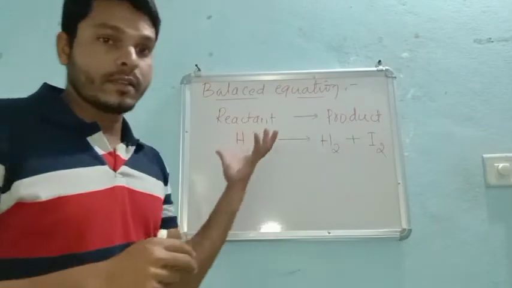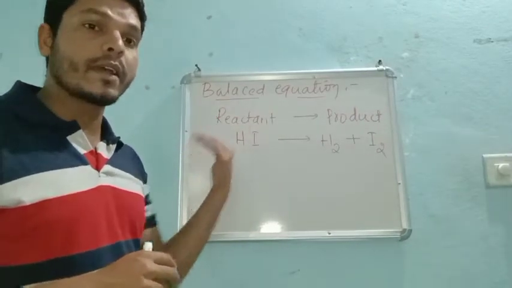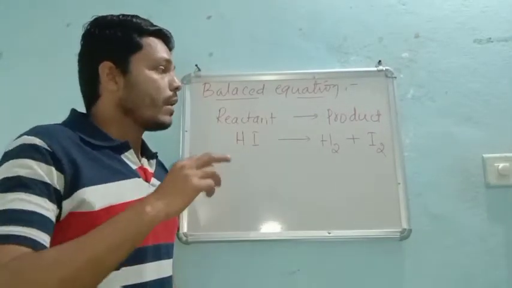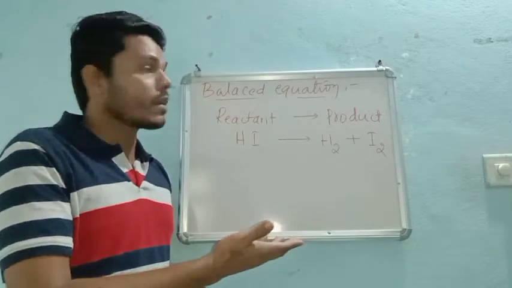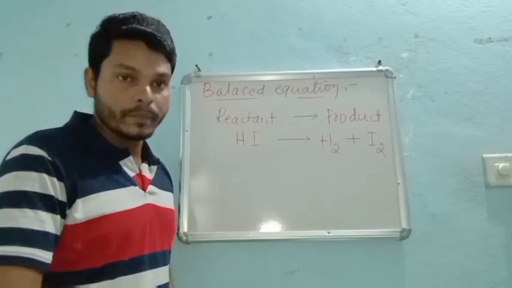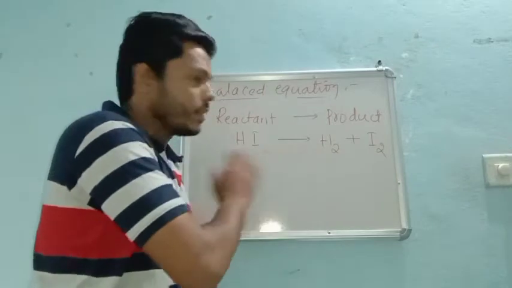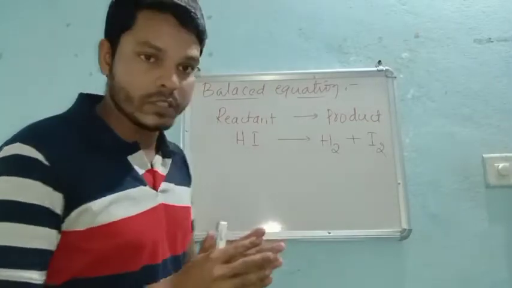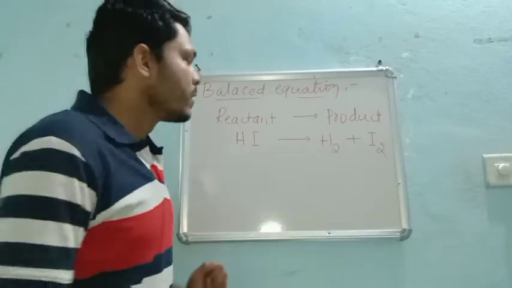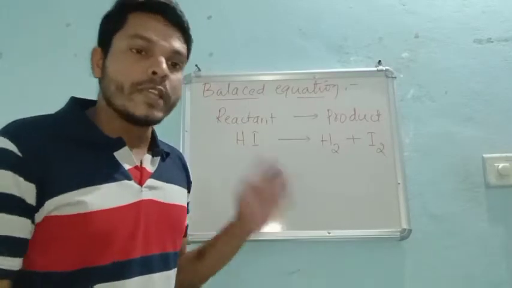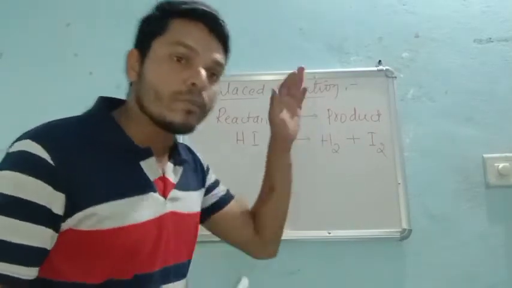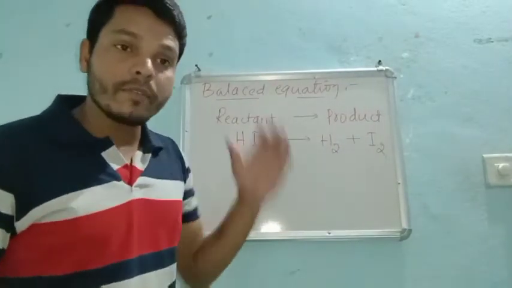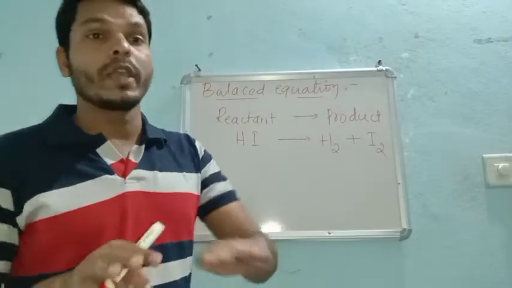There are two parts in our reaction. One is the reactant and one is the product. So first we need to understand at which side our elements or compounds are more. And see here, in this particular case, we already saw that this reaction is not balanced. That means in this reaction, which part is having more weight? Definitely the product part. That means our reactant part is having less weight. So that means we have to balance it.